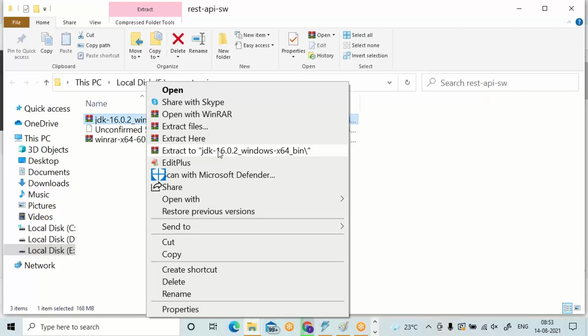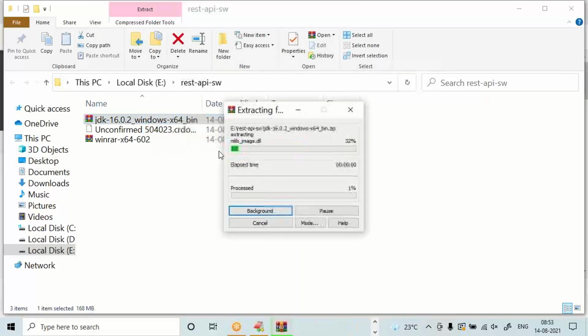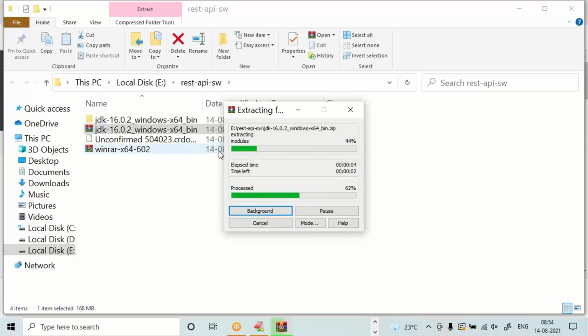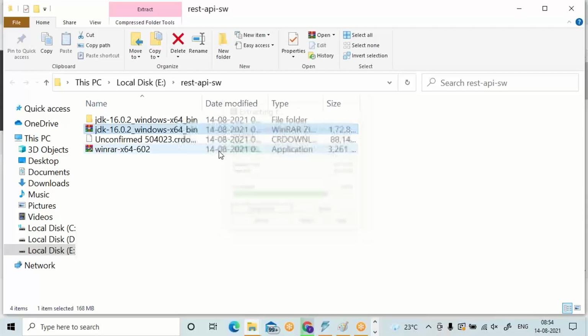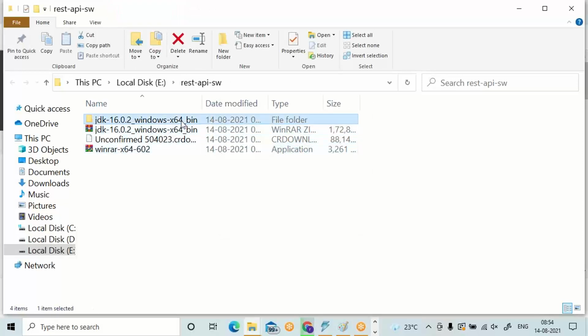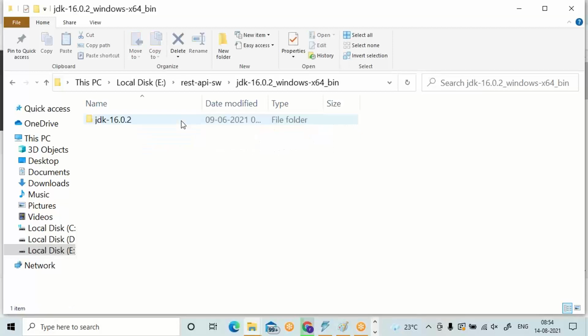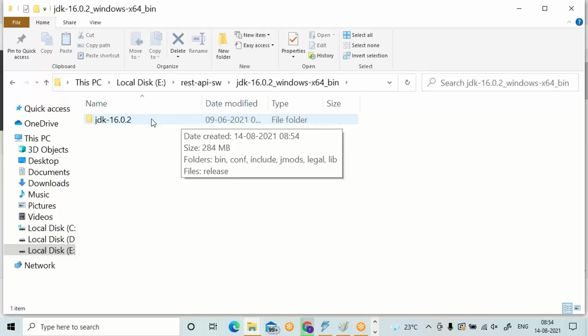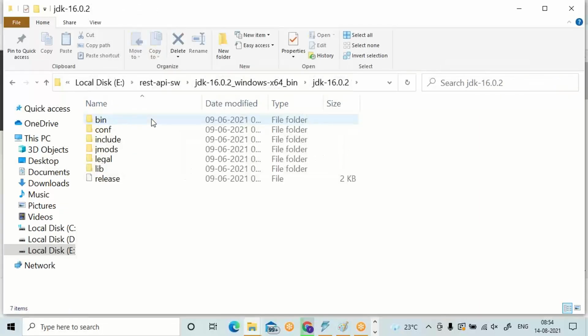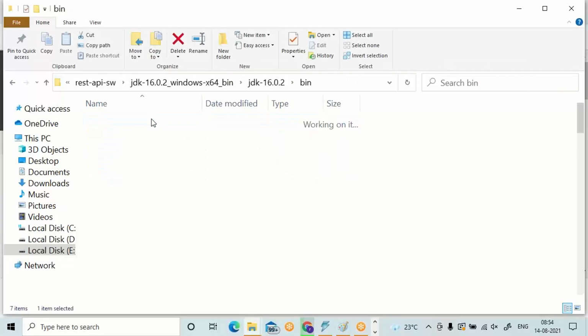Extract to. You can find JDK uncompressed folder. Go inside JDK. Go inside bin.